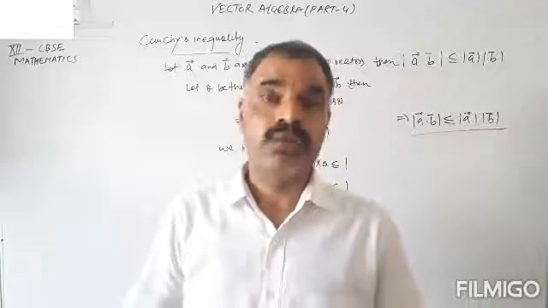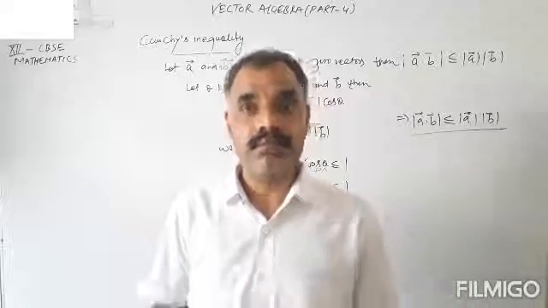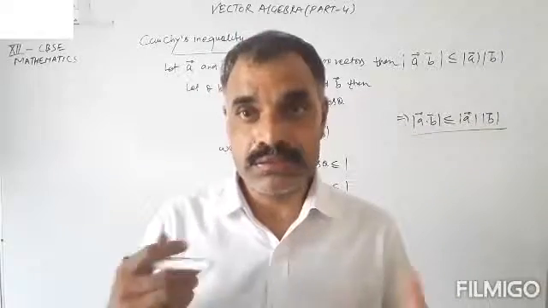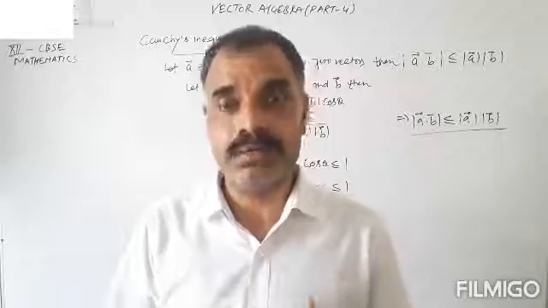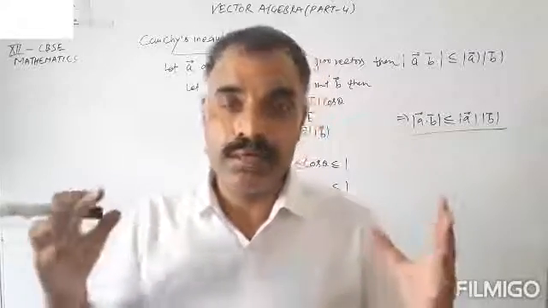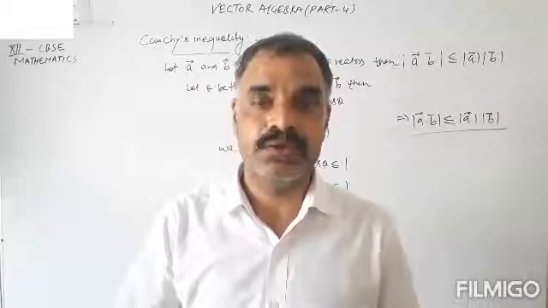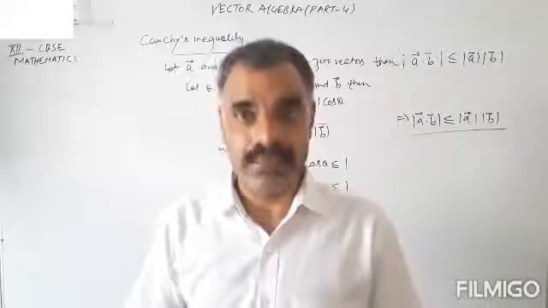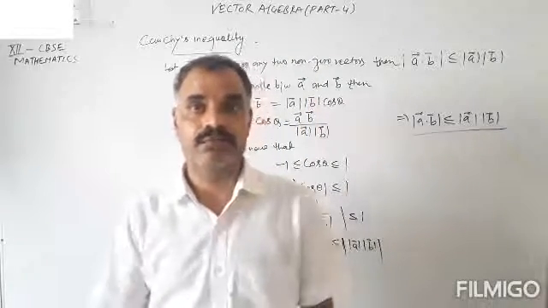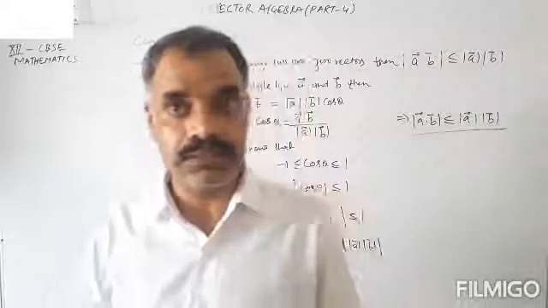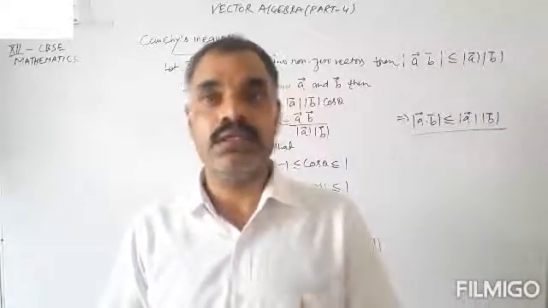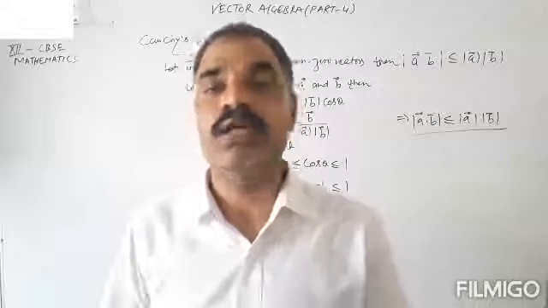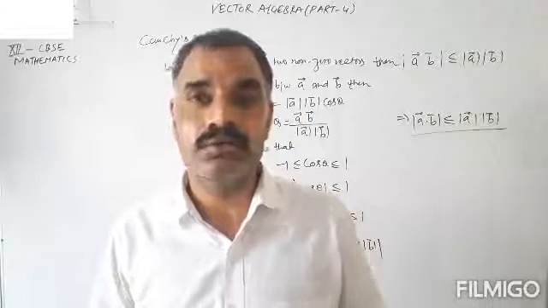So today we have discussed a lot about the dot product, that is the scalar product. Why is this the scalar product? Because when we take the dot product of two non-zero vectors, we get a scalar, a real number. That is why it is said to be a scalar quantity, and this product is mostly used to find the angle between two vectors. So this is all about the dot product.